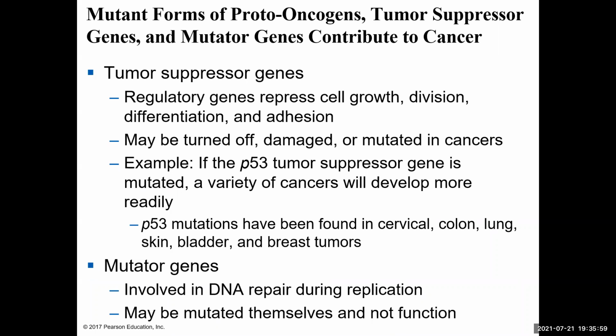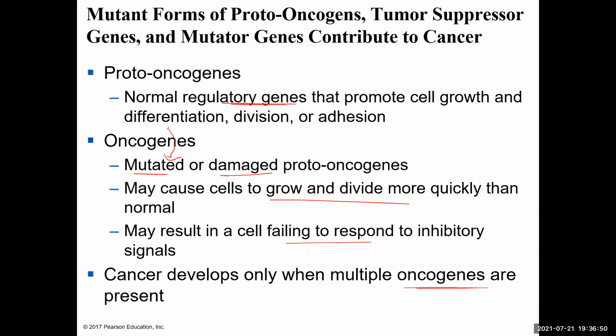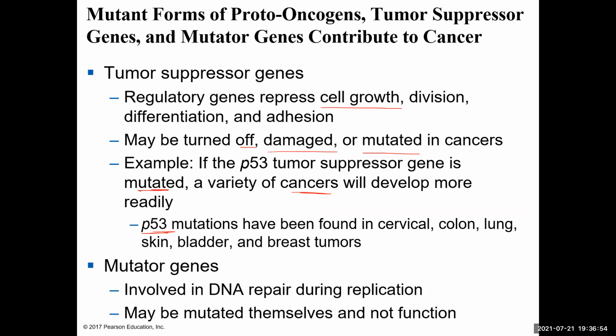Now, tumor suppression genes are regulatory genes that repress cell growth, division, and differentiation. These tumor suppression genes can be turned off or become mutated or damaged, and we generally see that in cancers. For example, if you have the P53 tumor suppression gene mutated, you're at a higher risk that cancers can and will develop in your body. Researchers have seen the P53 gene having mutations in specific cancers like cervical cancer, colon cancer, bladder cancer, breast cancer, lung cancer, etc. So mutations in proto-oncogenes and mutations in tumor suppression genes, causing those genes not to function appropriately, lead to the